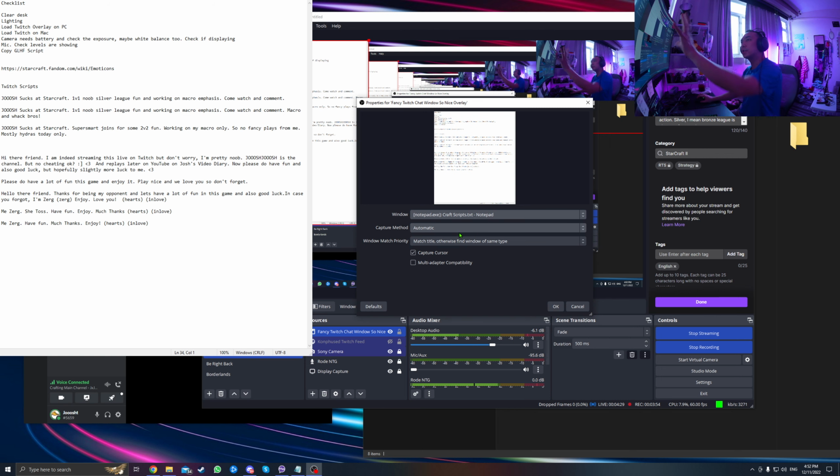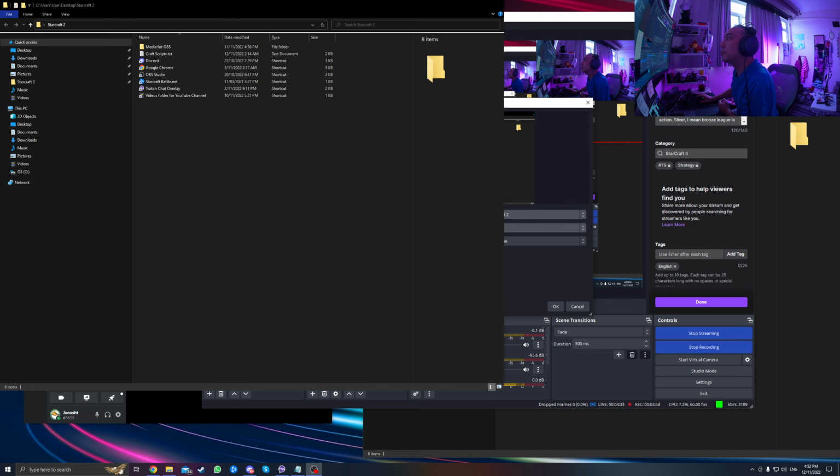And then you go, okay, now let's do it so people can see. So you click OK, and then you go, what do I want to overlay? I want to overlay my notepad. Everyone can see my notepad, which could be cool if you're doing notes. Or you can overlay Explorer, or Discord, or, what do we have here? Twitch chat overlay. Now, the capture method actually does matter here because sometimes